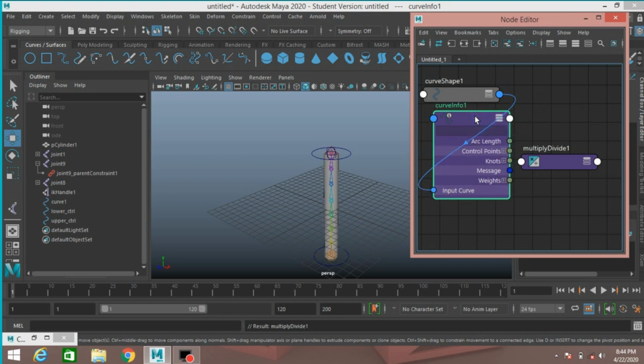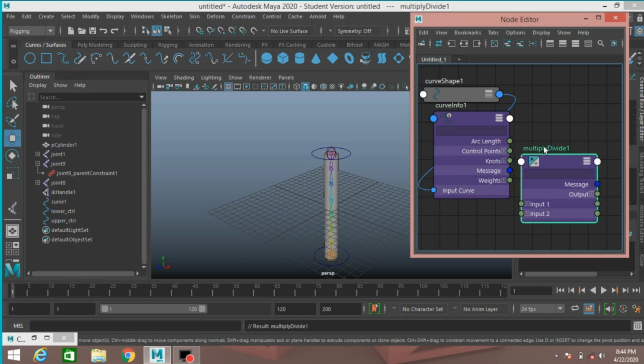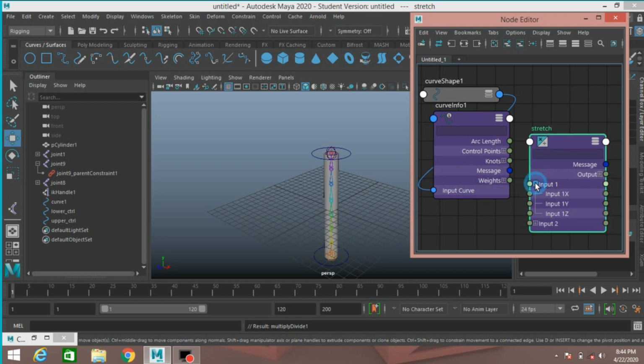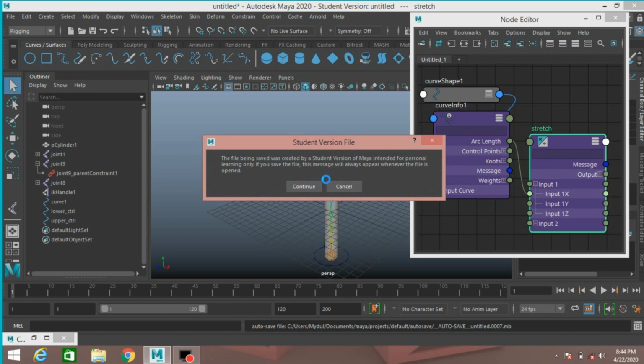Just click on this rectangular icon, double click and rename it stress and connect the arc length to the input 1x.